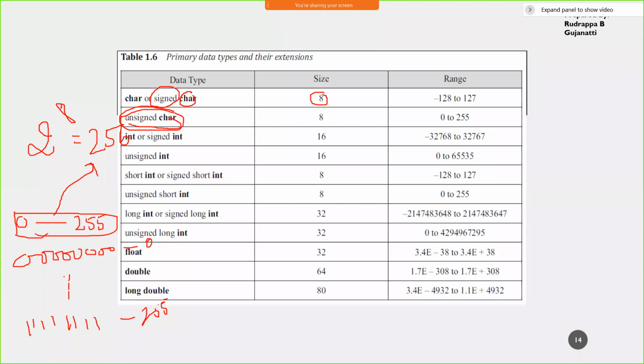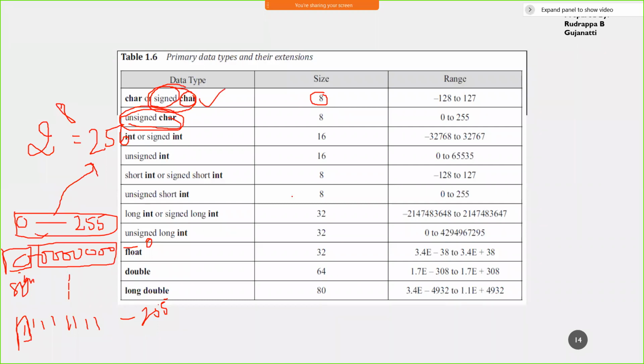Now when we consider signed, when we go for signed character or signed integer, the most significant bit gives the information regarding the sign of the number, and the remaining 7 bits, in this case of character, give the information regarding the number.